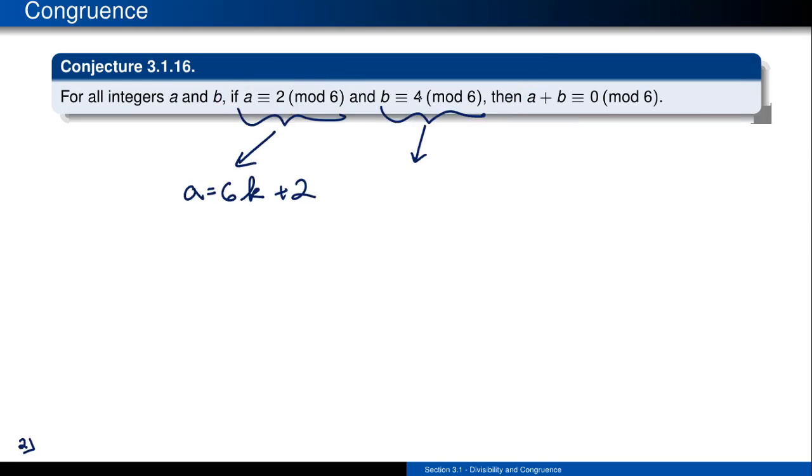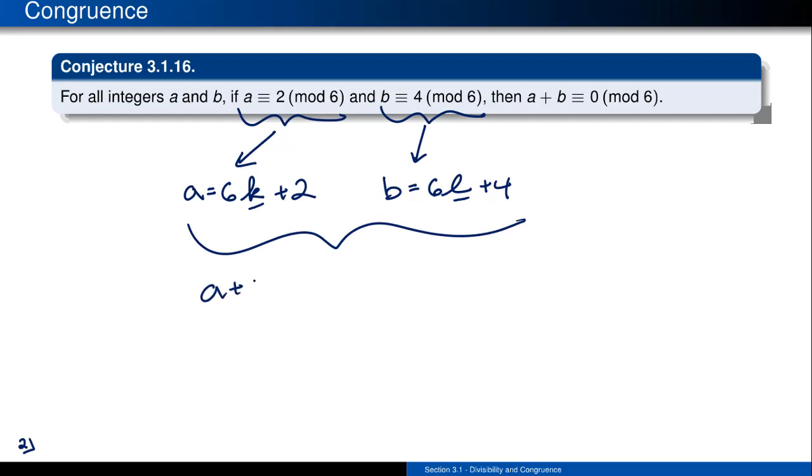And for that last thing, what is b going to look like? Well, b is going to be some integer multiple of 6, but with 4 extra added to it. So in this case, I'm going to say that b looks like 6l. I'm going to use a different variable name here, and then a plus 4 at the end. So when I add these together, a plus b is going to be 6k plus 2 plus 6l